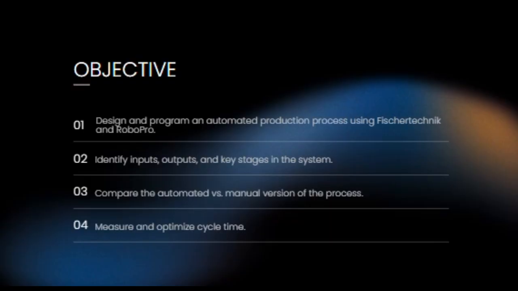Our first objective was to design and program an automated production process using Fisher technique and RoboPro. This allowed us to replicate a real production system in a smaller, controlled environment. The second objective was to identify the inputs, outputs, and key stages in the process in order to understand how the system works step by step. Then we compared the automated version of the process with the manual one, highlighting the main differences in effort, precision, and repairability. Finally, we measured and optimized the cycle time, which helped us evaluate the system's efficiency and look for